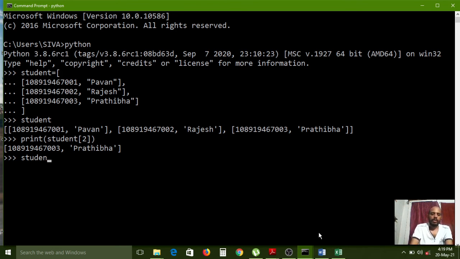Okay, student equal to open, here I am opening 1089 19 468 001 comma Pawan comma, here marks means 85. Simply I use that here. And one more record. Sorry, I forgot comma, so that's why I gave comma here.